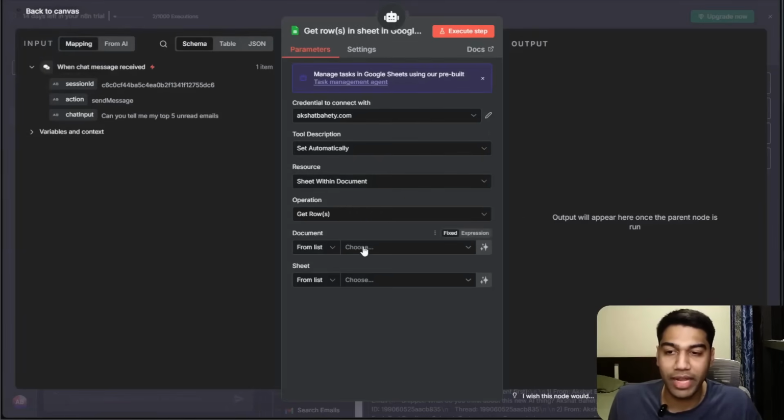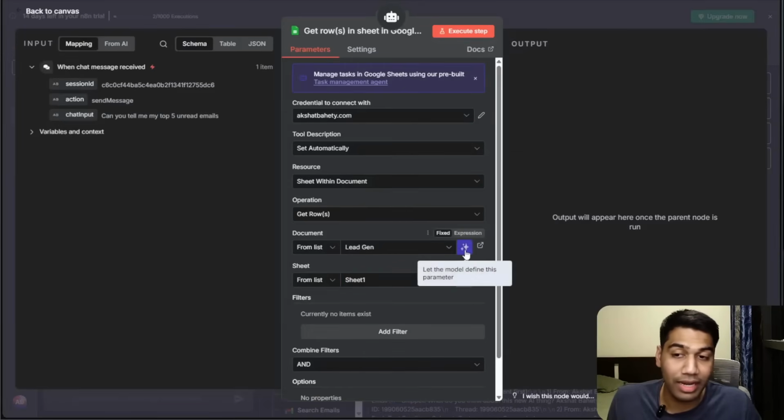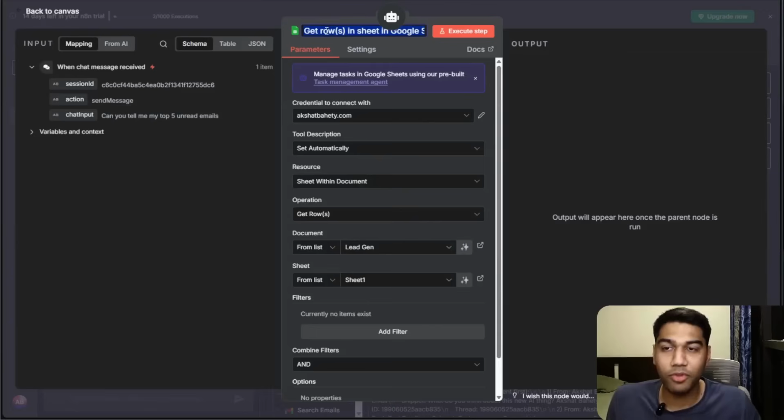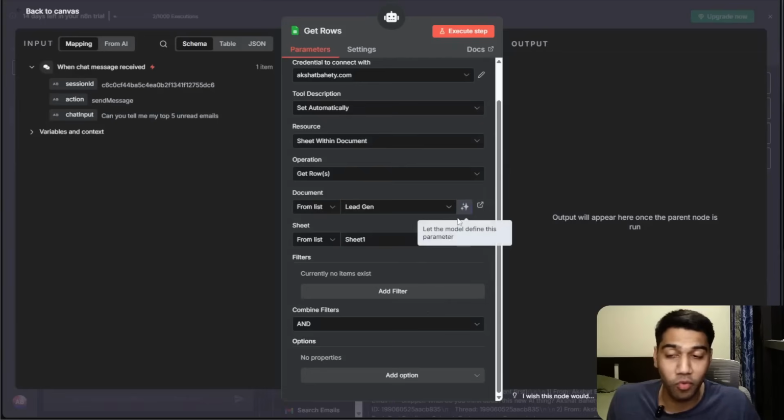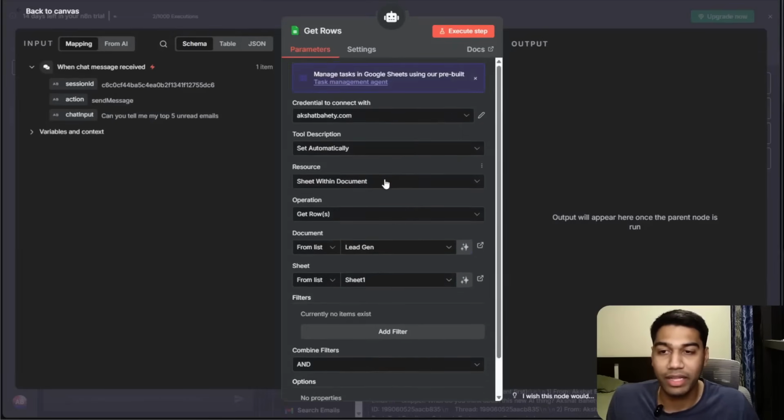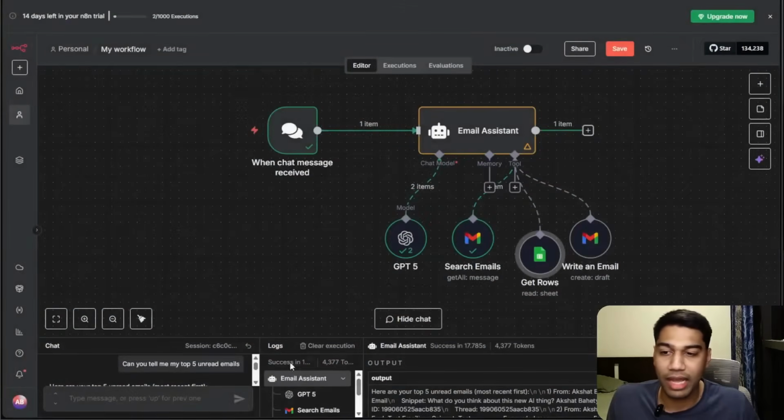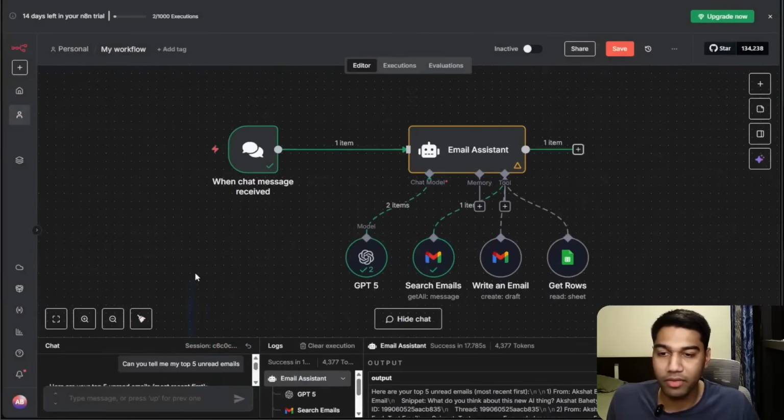Select the same option of get rows, select a sheet from here, and I'm going to select region, select a sheet here. And as you see, we can define, let it choose from the document also, but I would believe this would be better if you let it choose. If you choose beforehand, because again, with the ton of sheets that we already have access to, it will be too much. And I'm just going to say get rows, and we are not going to let any filter or anything else available here. But if you want, you can 110% let it define that. Then once this has access to all of this, I can now say very simply,